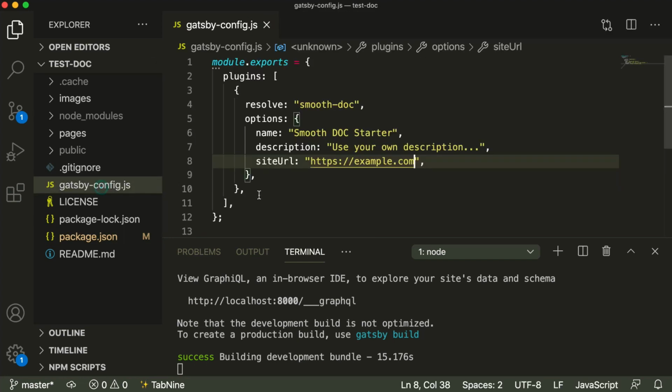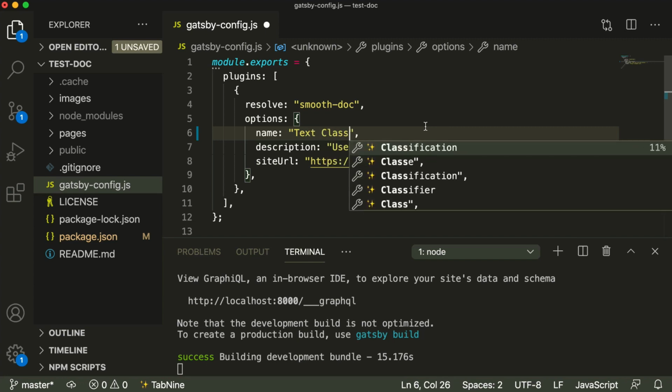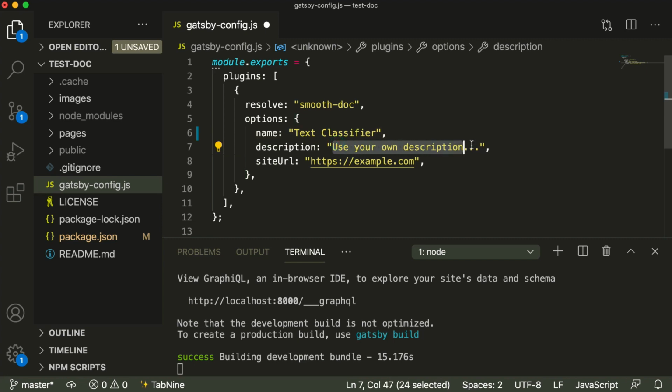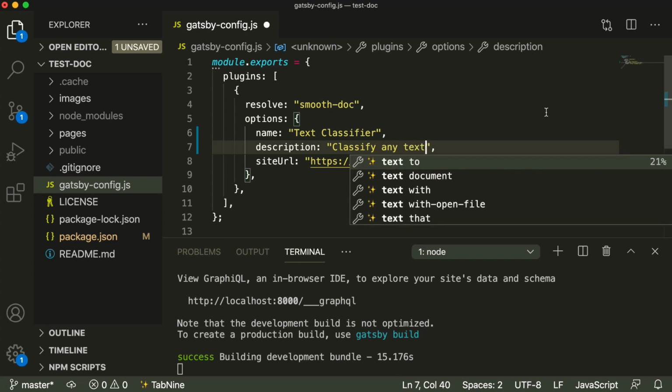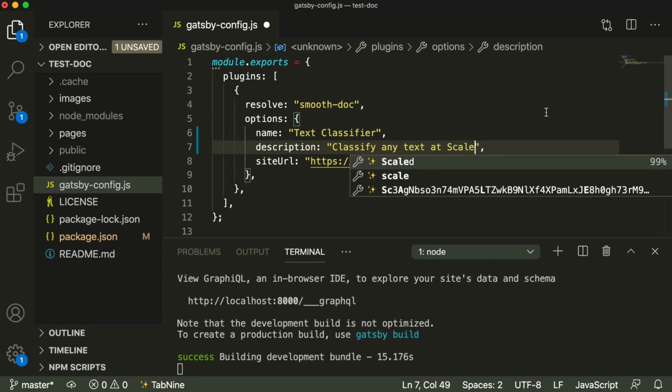Then I will go to gatsby-config.js, and I will change the name of the project. I will make it text classifier. I will give a description as classify any text at scale.